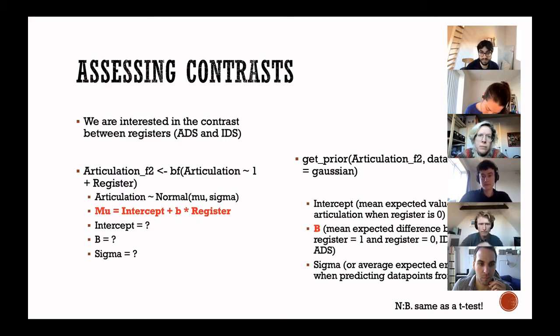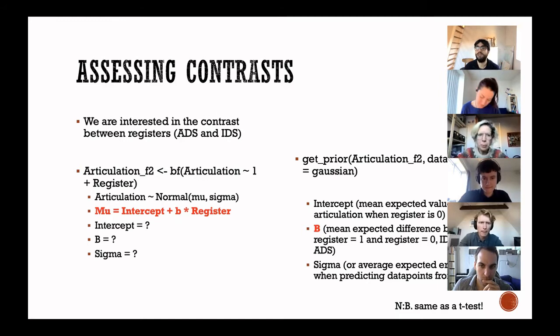That's the traditional idea, with the idea that then intercept is going to be your estimate of articulation in whatever register is the baseline. Since they're called ADS and IDS, it's probably going to be ADS because R likes to put them in alphabetical order. And the beta, or B, is going to be the IDS minus the ADS, right? The difference or contrast between the two. This is a basic linear model, but please ask questions if this is not clear, because it's what we're going to